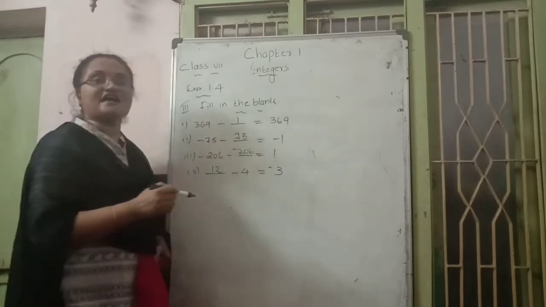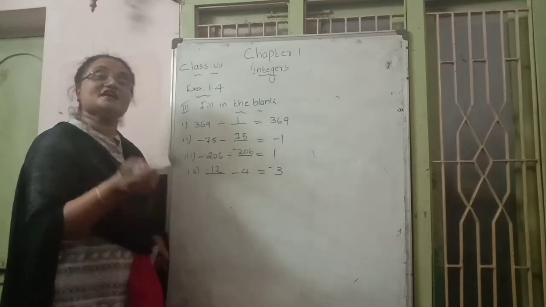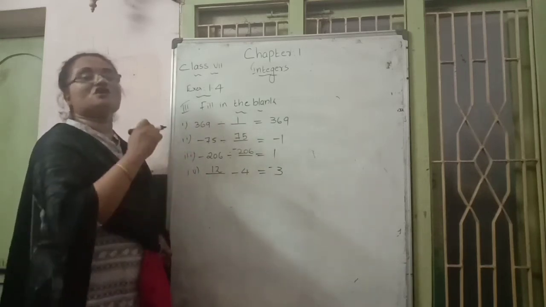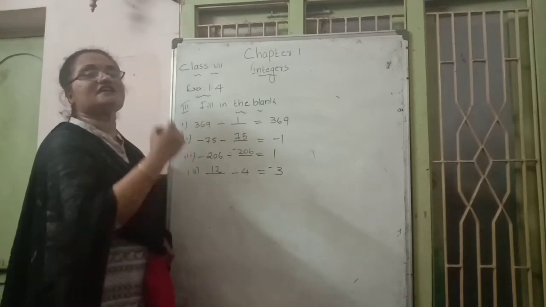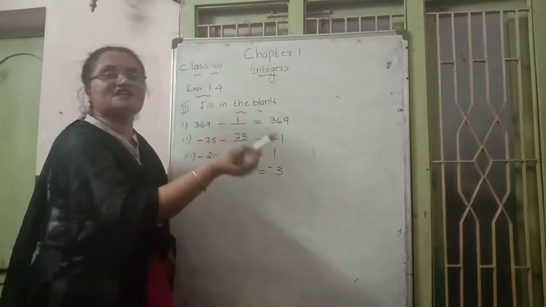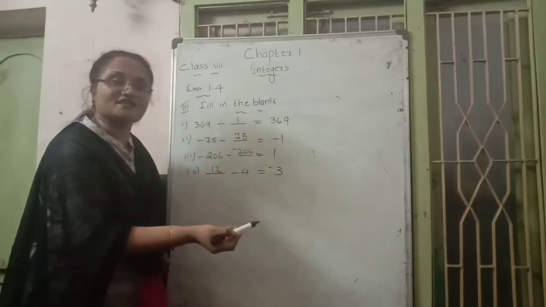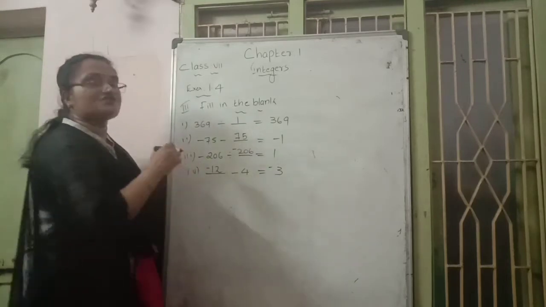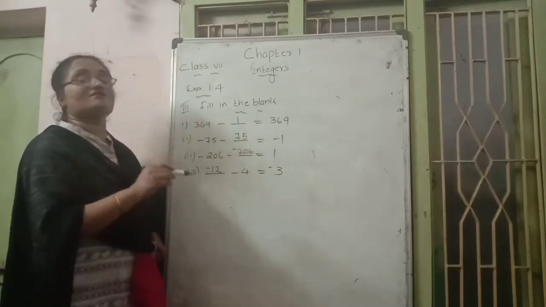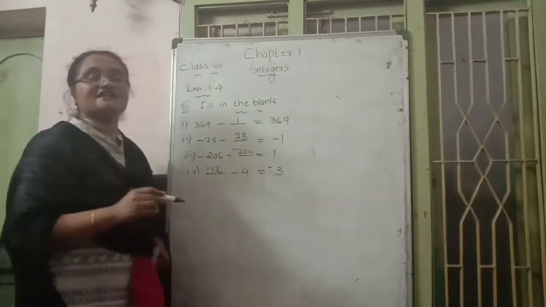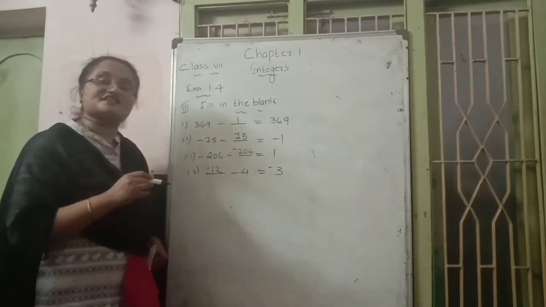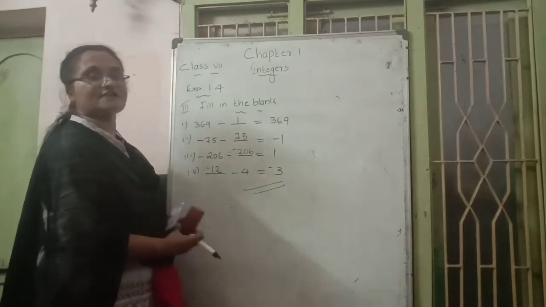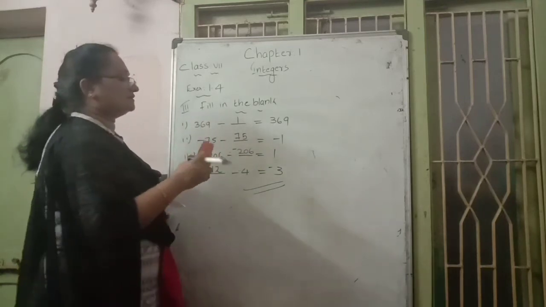Again, the problem is that the answer place has a minus symbol. So next, think plus 12 or minus 12. The rule says that an odd number of negative symbols gives a negative answer, and an even number of negative symbols gives a positive answer. That's why we insert minus 12 there, and on dividing we get the answer minus 3. I hope you can understand this model question. Fill in the blanks, this type has some more questions. We can discuss later. Okay.